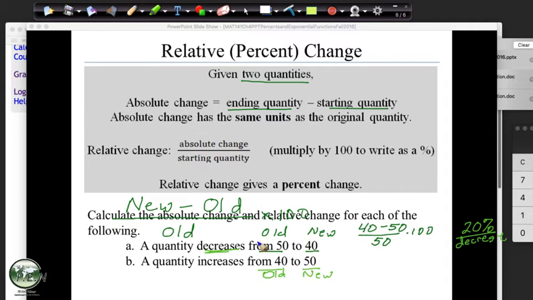And again, we just follow that formula, new minus the old, so that's going to be, in this case, 50 minus 40 divided by the old. And that's the key part. The subtraction part's not really a problem. We'll subtract them, we'll get the difference, but what do we divide by? We always have to divide by the old, the thing we're referencing. And again, we multiply by 100.